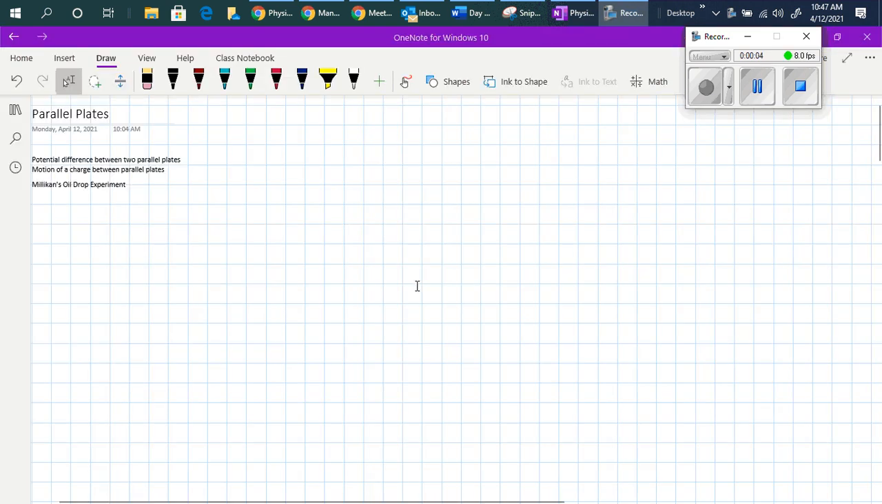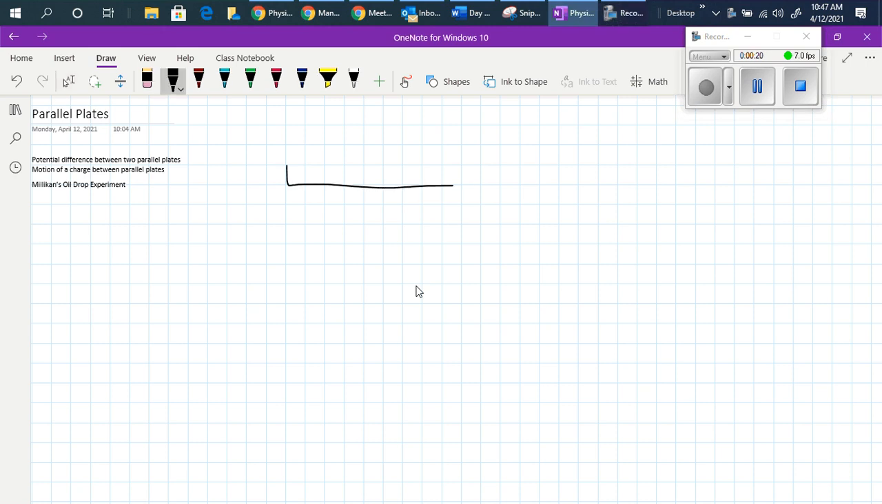So this lesson is dealing with parallel plates, and the very first topic that we will treat is the potential difference between the two parallel plates. But before we move to the potential difference between the two parallel plates, let's clarify what parallel plates are. So if we have two plates, let's suppose plate A and plate B,